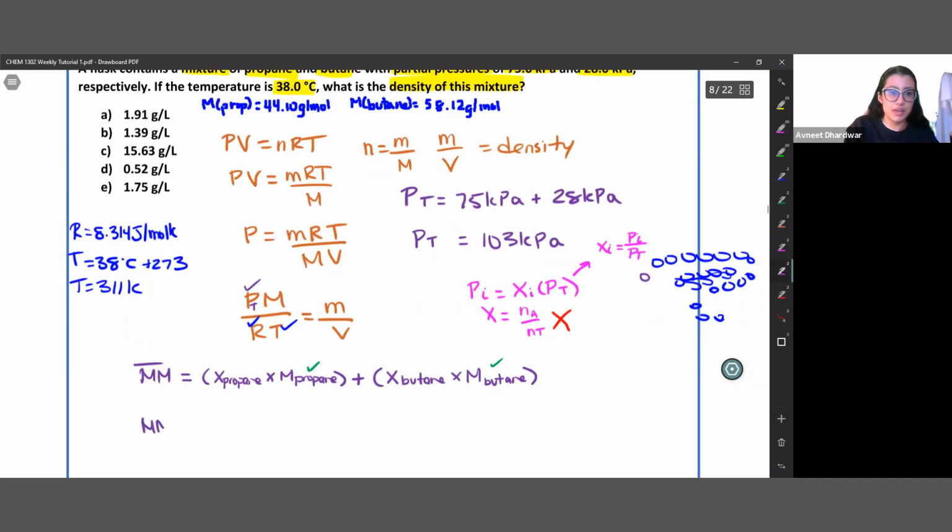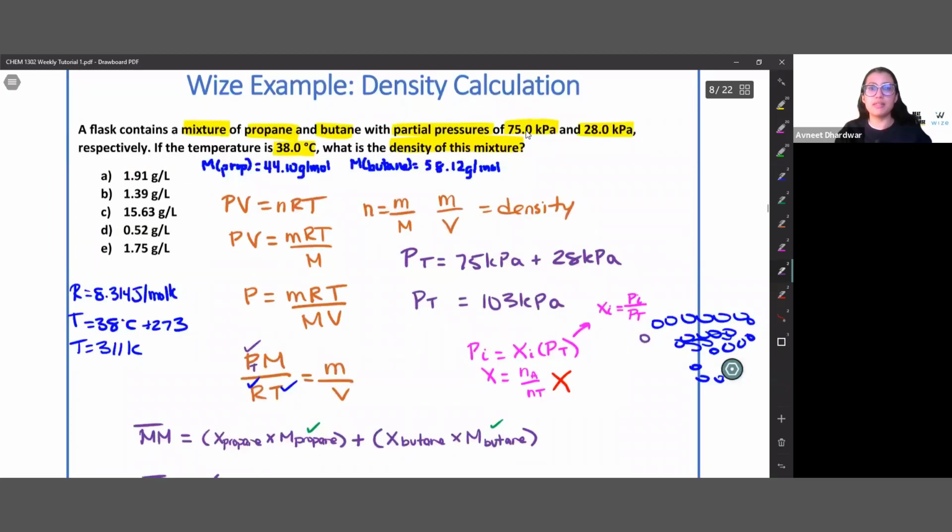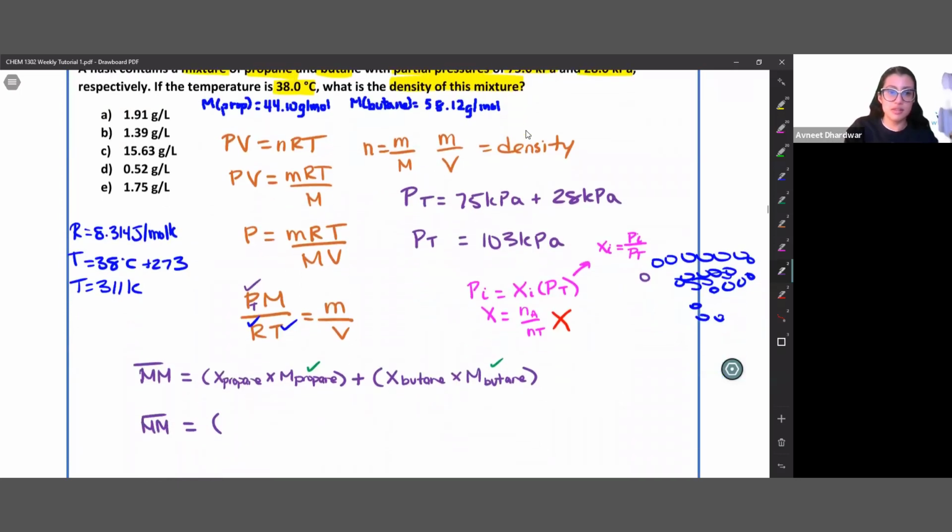So the weighted molar mass is equal to the mole fraction of propane. So we said that is equal to the partial pressure of propane, which is given to us. So the partial pressure of propane, it said it's 75 kilopascals, over the total pressure. And we solved for that here, 103 kilopascals. So that's the mole fraction. And now I'm going to multiply by the molar mass of propane, which was given in the question, 44.10 grams per mole,